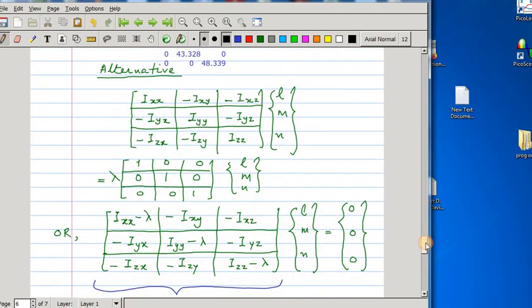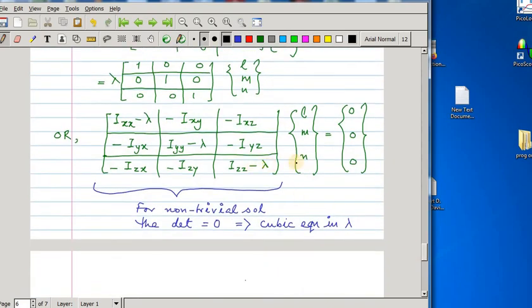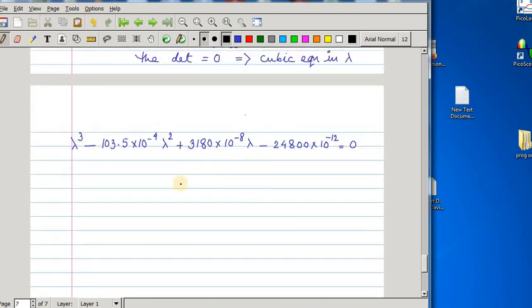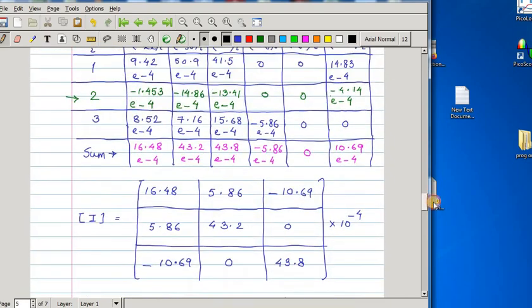So the alternative is, you write the eigenvalue problem like this, and you multiply it with an identity matrix. Pre-multiplying it with the identity matrix is the same. Now you subtract and you get this, and this will have a non-trivial solution only if the determinant is 0, and once you make the determinant 0, that gives you a cubic equation in lambda, and if you solve this, it will give you 3 roots, which is same as what you are